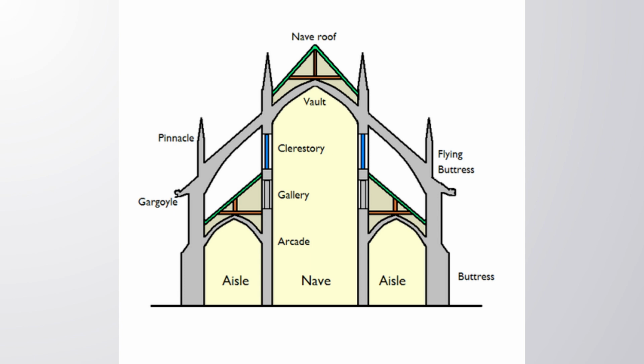If you look at the cross-section of a cathedral, you'll see two gaps, one above the ceiling of the aisle and another above the main ceiling. The ceiling above the aisle, that gap or space, is called a gallery. There are walkways between the two layers of the cathedral for people to explore. Now that we've covered all the architecture,